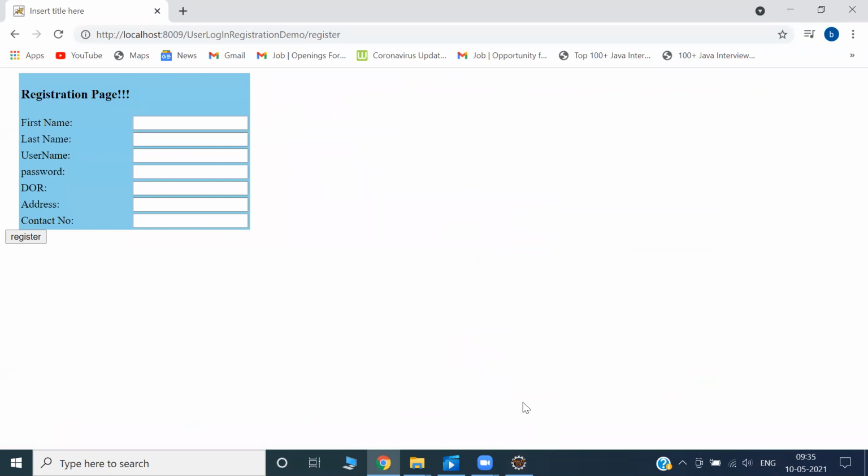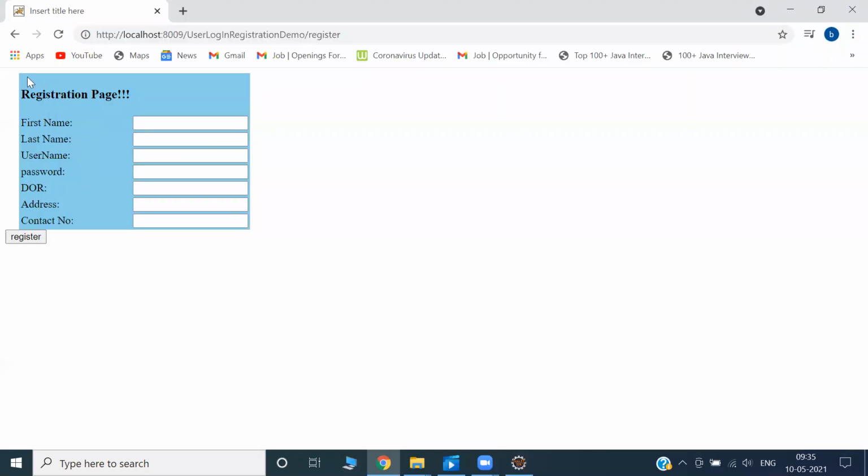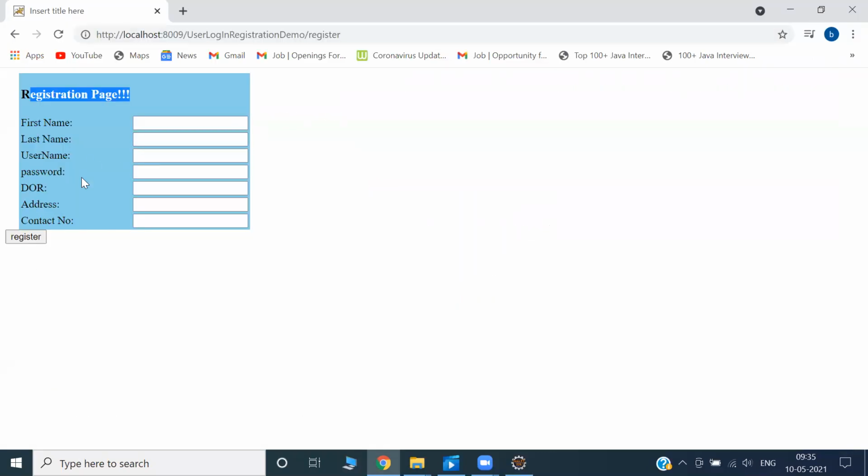I have not done more arrangement on this, because suppose somebody is not aware of so many things, then he or she cannot come and see what's happened, what went wrong. What we can do, if anything goes wrong, is give an alert message here: "No, it is unsuccessful, please register once again." Okay, because we can find out. So those we can add slowly, right?